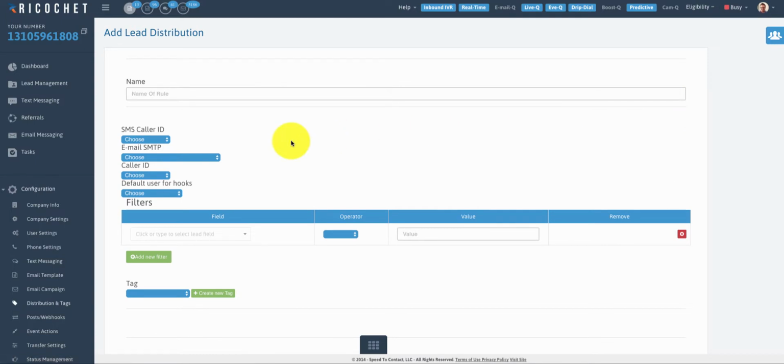Now, what is lead distribution and tags for? Lead distribution and tags allow you to target specific vendors and fields and combinations of data points. So for example, state, loan amount, vendor, you name it, and you can tag those leads and associate them to users. So for example, if you know your best leads come from ABC vendor, and you want to take the best ABC vendor leads and match them up with your top 3 agents or top 20 agents, you can do that